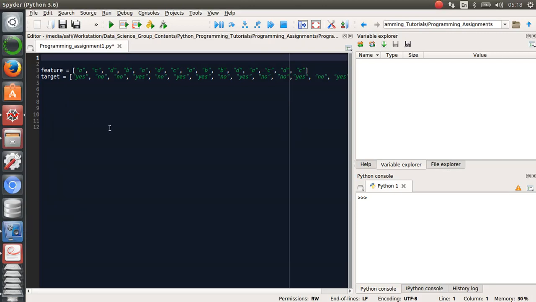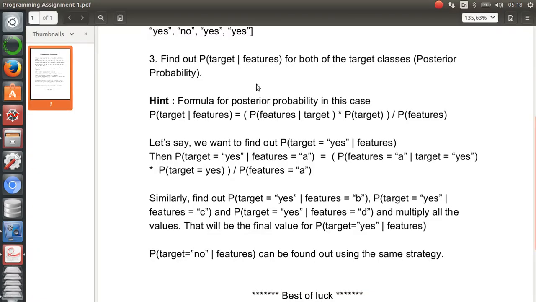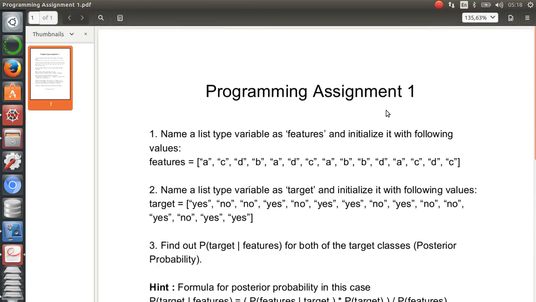Hello and welcome to this very first tutorial where we will try to come up with solutions for programming assignments, and today's topic is programming assignment 1, which I uploaded some 2 or 3 days back in the group. Yes, so before I jump into coding, let's try to recall what I actually asked for in the programming assignment